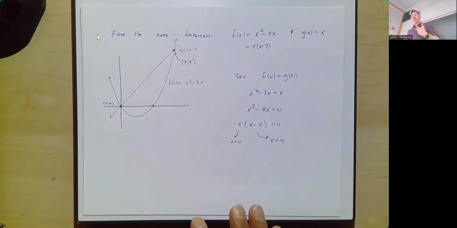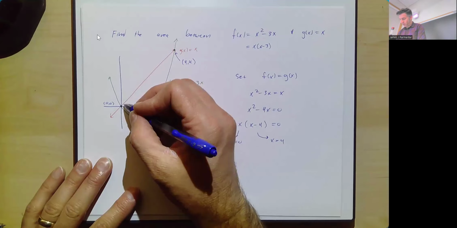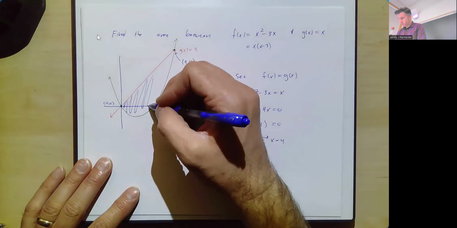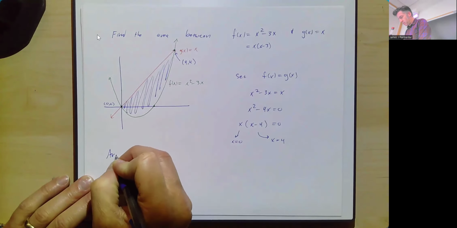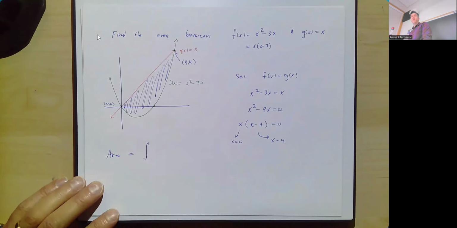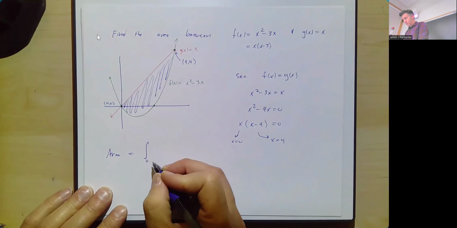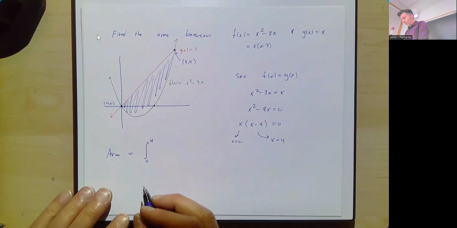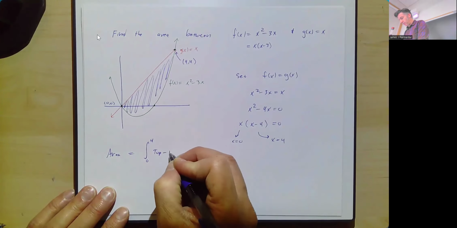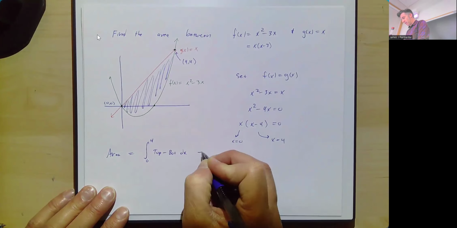And now if I want to find the area between these two curves, I'm trying to find all this area here. And the way we do that is by subtracting the top function minus the bottom function. So to find the area, it's going to be the integral from as far left as 0 to as far right as 4 of the top function minus the bottom function, which in this case is going to be,